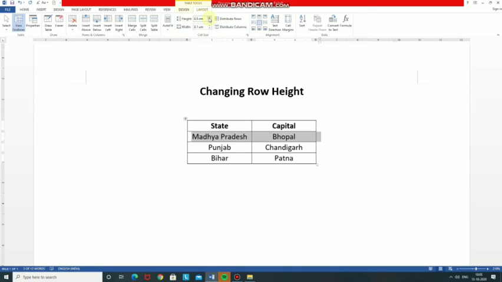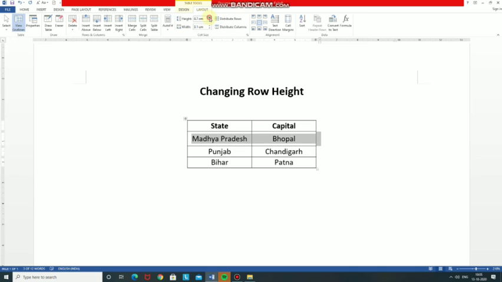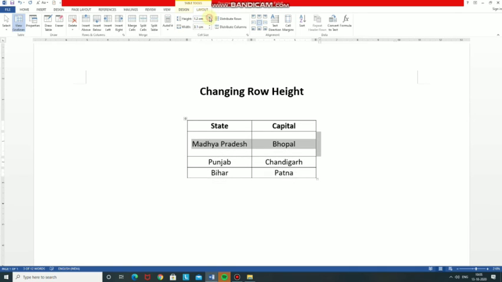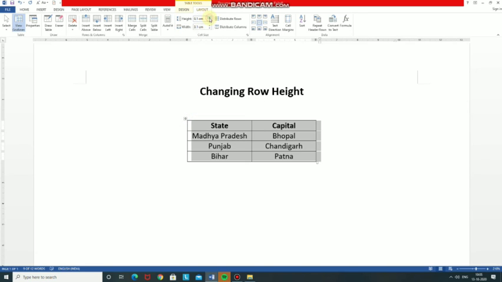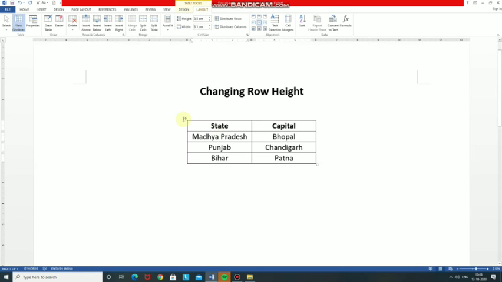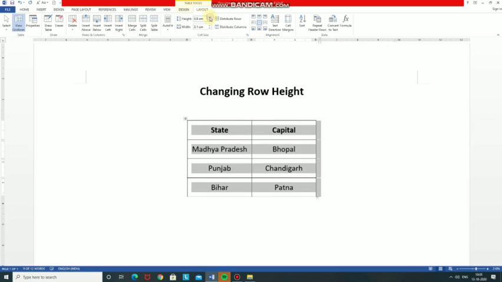So if you want to increase the row height, you have to click on this up arrow. This is increasing row height. We have selected only one row, so you can see the changes in only one row. If you select the entire table and then click on this up arrow, then you can see the changes in the whole table.